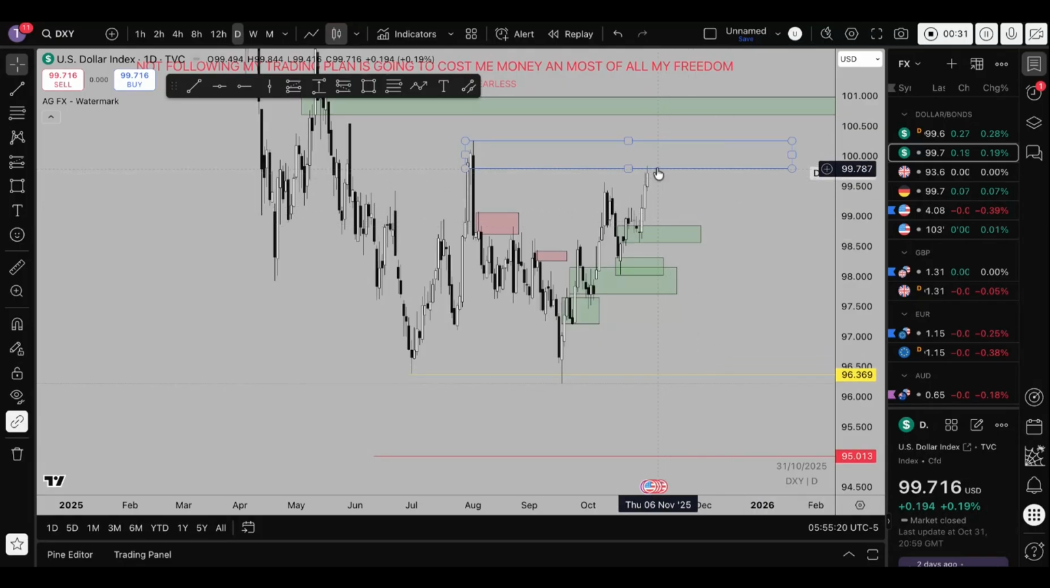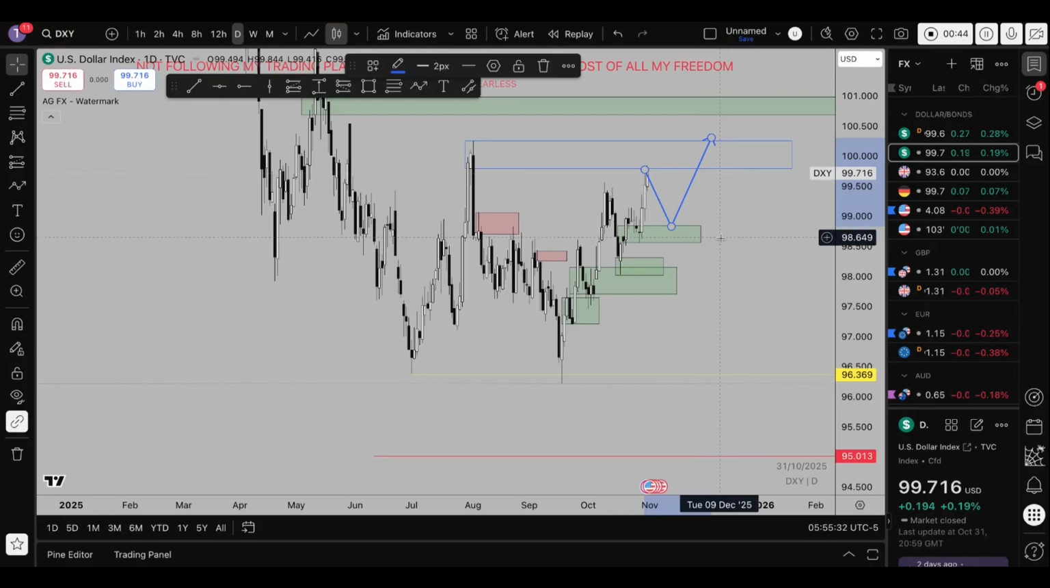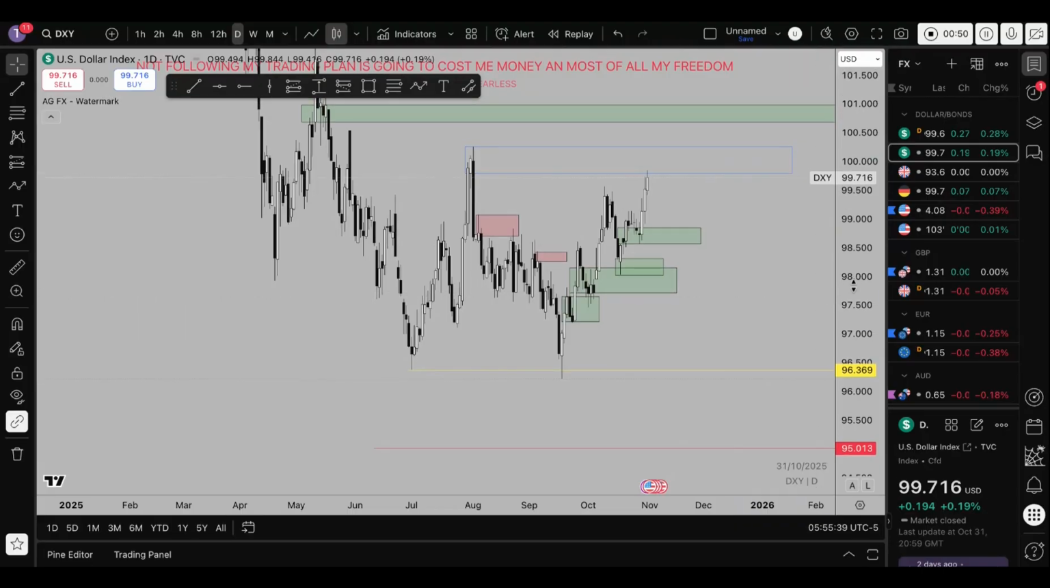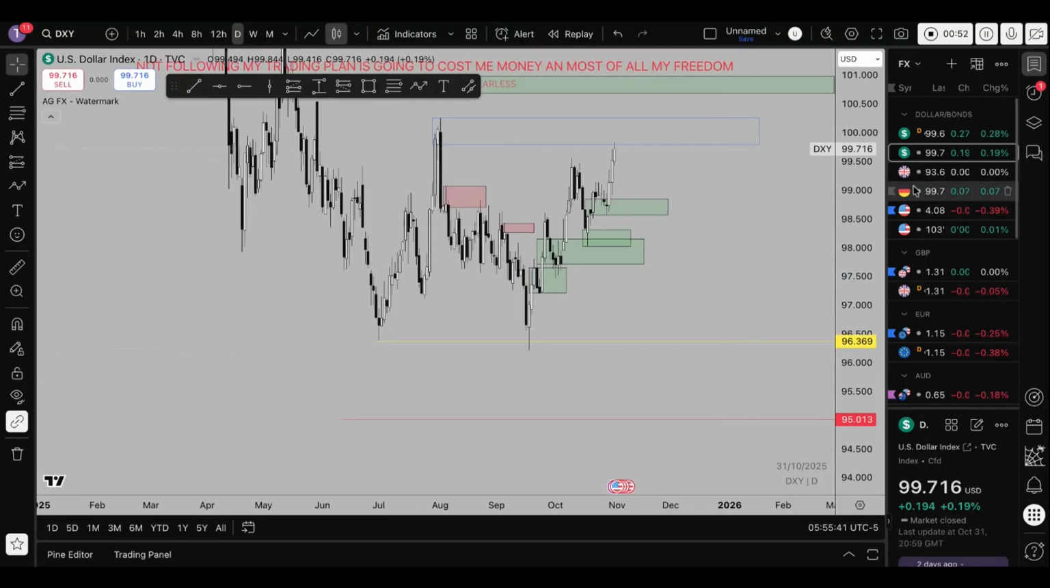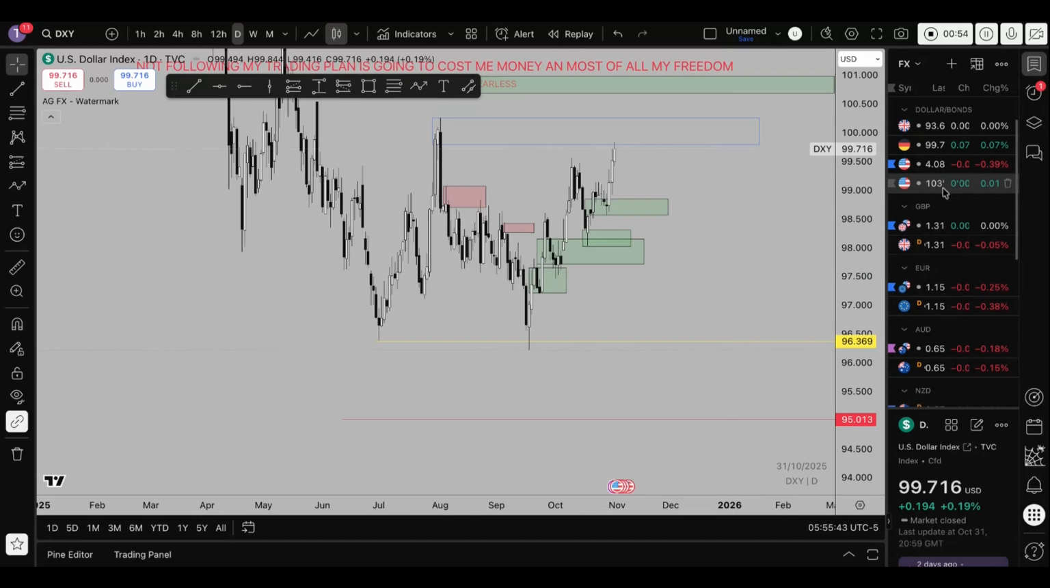So what I'm looking for this week, we're probably going to see price come back into, let me just grab this, looking for price to come back here into this demand and continue rallying. That's what I'm looking for the dollar this week. Nothing is guaranteed, but that's what I'm looking for. So let's see how that plays out. We're going to go down to